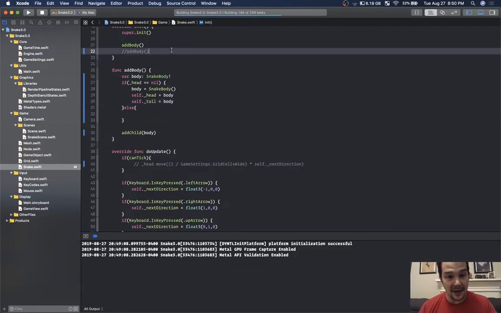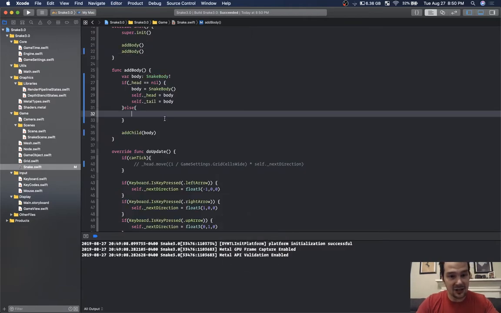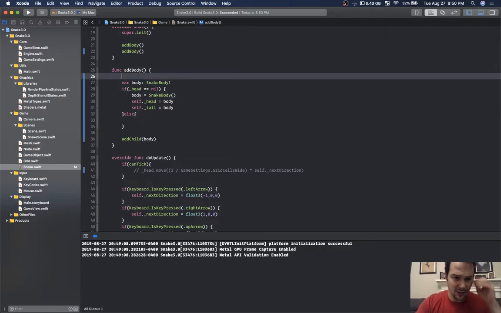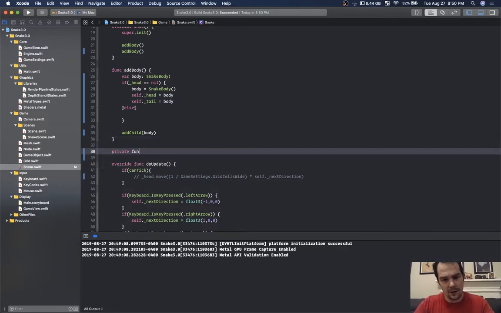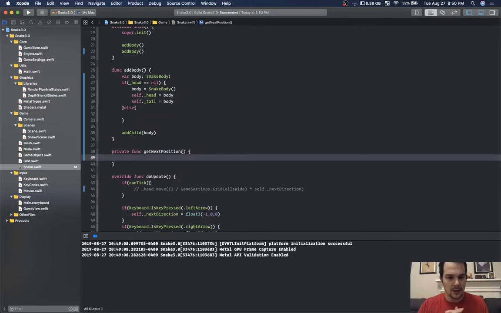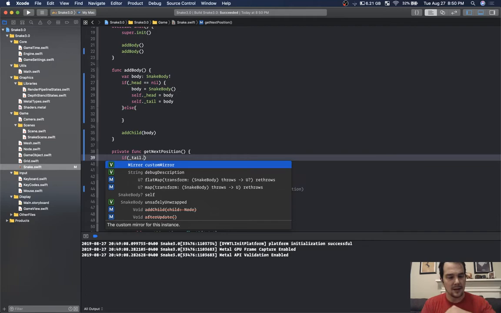But say we were to add another body. In this case, let's just go var position. Actually, you know what? We need to set this thing's position. So let's go and add a function, private func get next position. So based on the position of our tail right now, that's where we're going to be placing it. So if tail dot